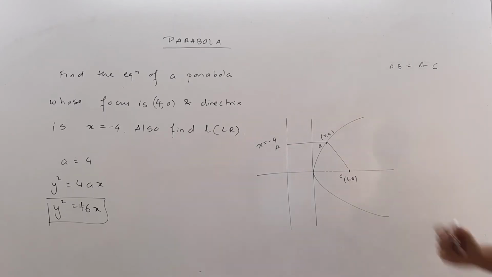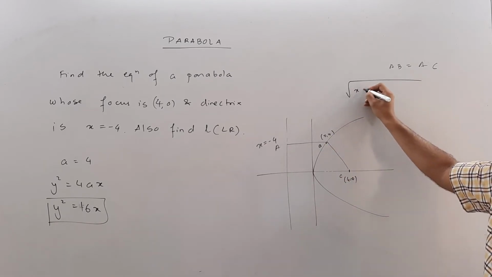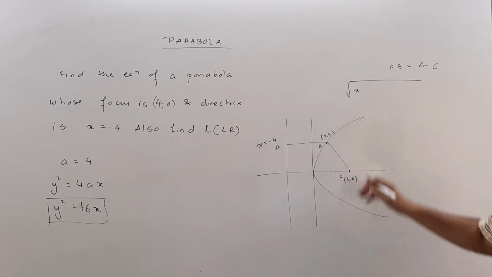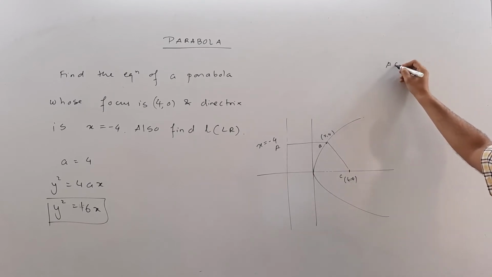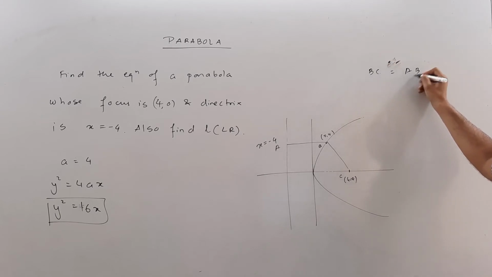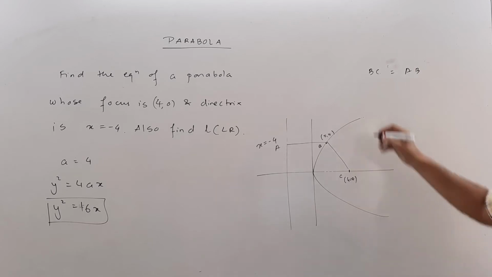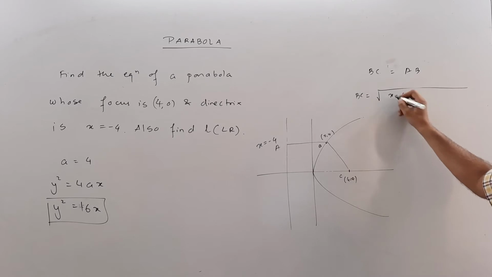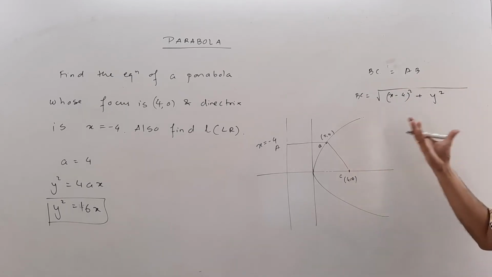Now once I do this, definitely I can write AB first as x. So this is going to be the point. Let's write AC first. Sorry, BC is equal to AB. So BC is equal to AB. Now BC, when I write BC, I can write it through the distance formula as x minus 4 the whole square plus y square. Let me leave it at that point.